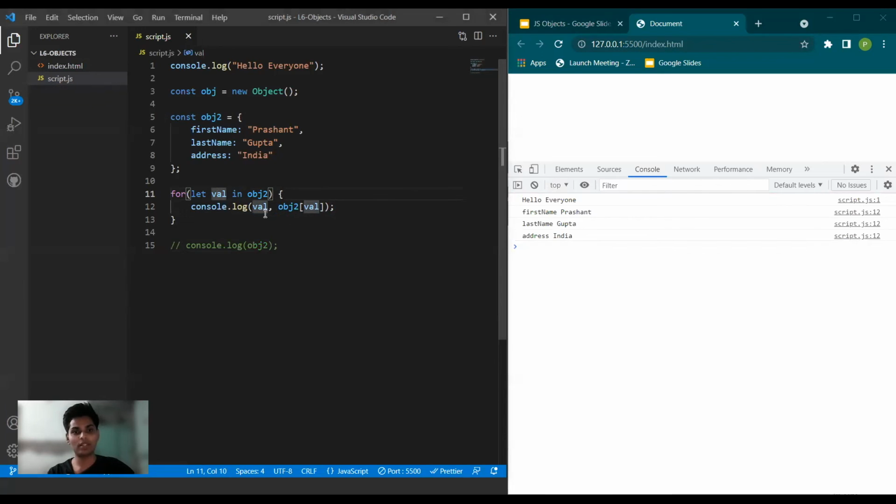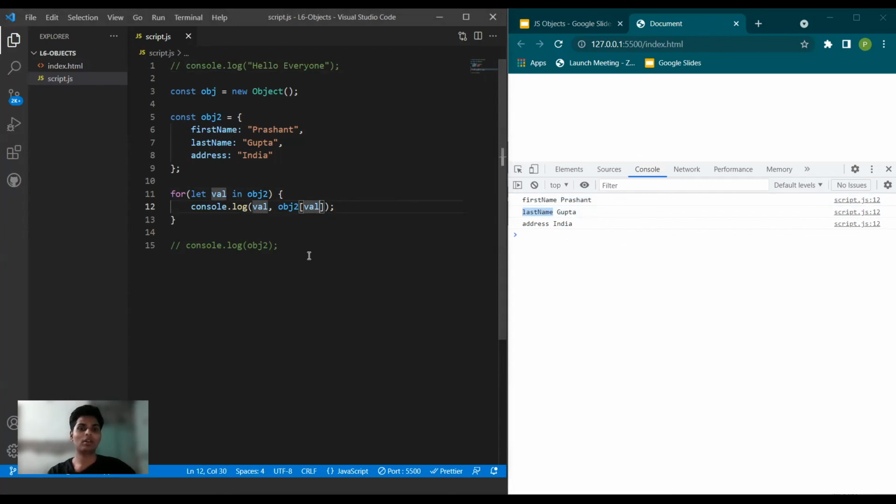With the help of this, our for in loop helps us iterate over an object. Let me just comment this thing. So we have got our keys and the values for the corresponding keys. This bracket thing is something which you use to access a value with the help of a for in loop.